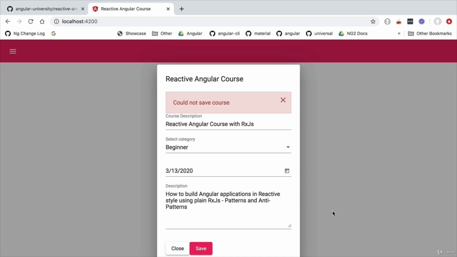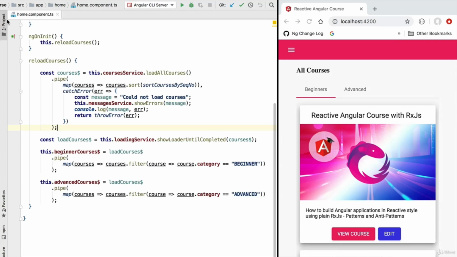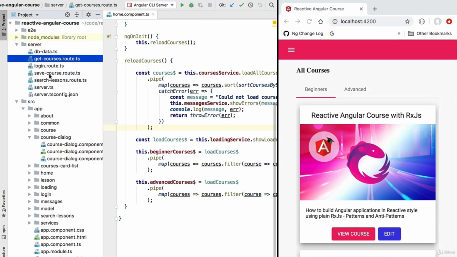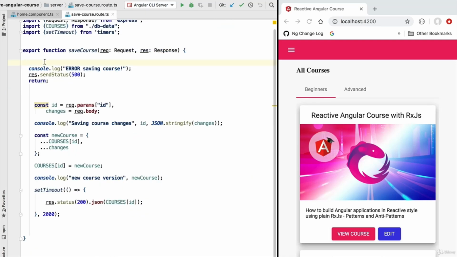Now, in the next section of the course, we are going to talk about state management for data, such as, for example, the courses data that we see here. Before starting the new section, let's leave our application in a functional state. So we are going to switch back here to our IDE, and we are going to open here our save course route in our server, and we are going to comment out here the functionality that was simulating